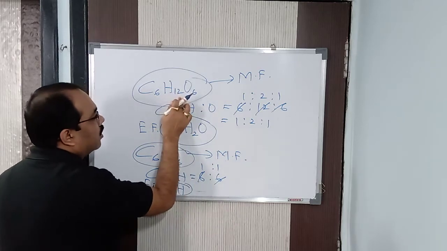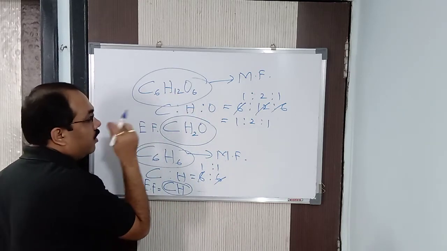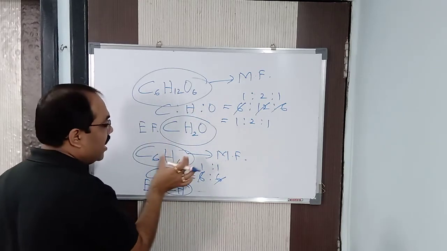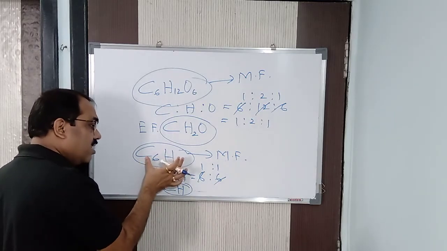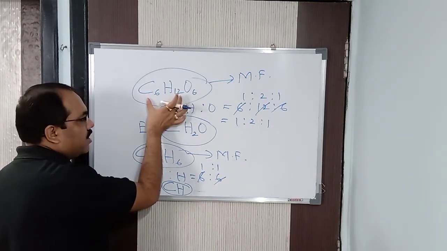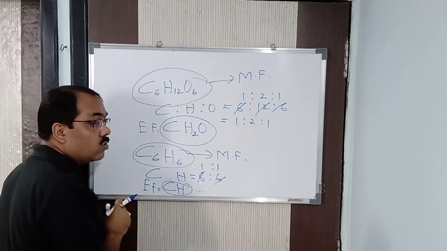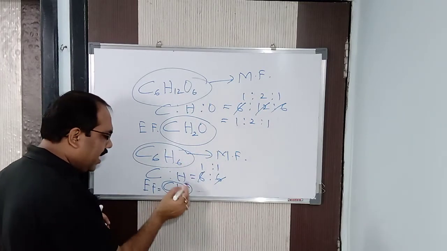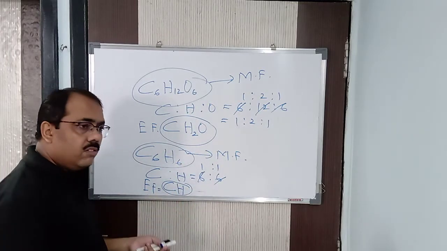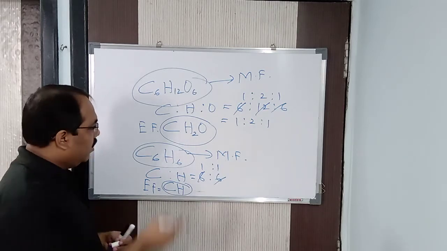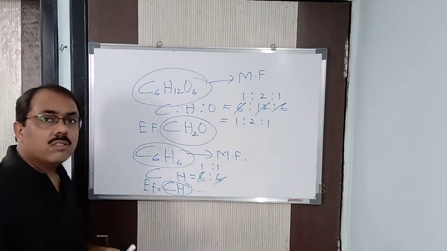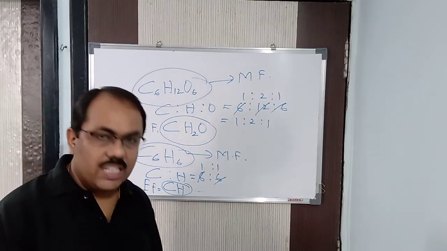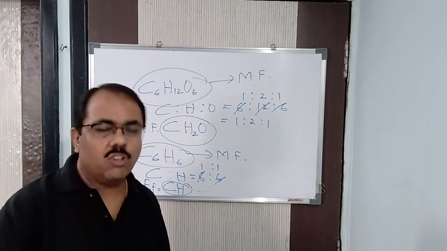This is the formula of what? Nothing but glucose. This is the molecular formula of glucose. So the molecular formula is the actual formula. By this I said it's the formula of benzene. Here I said this is the molecular formula of glucose. I gave the name of the compound, but can I give the name of the compound from CH? Is CH benzene? Suppose CH2O, which compound is it? So for that reason, the empirical formula is not the actual formula.